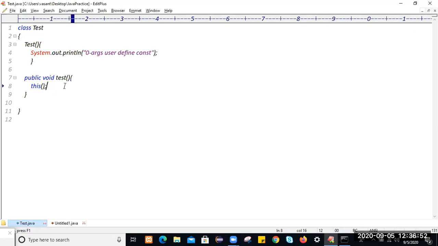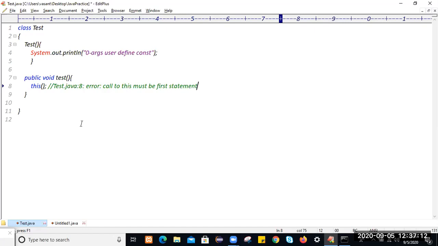Okay, this is the compilation error. Write down: constructor call must be from constructor, but not within method.